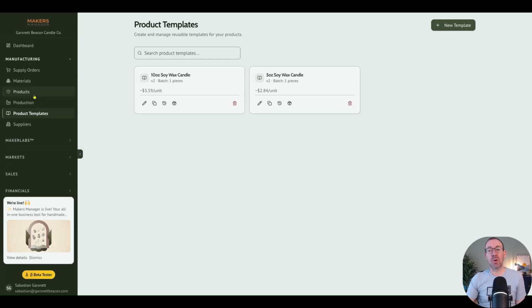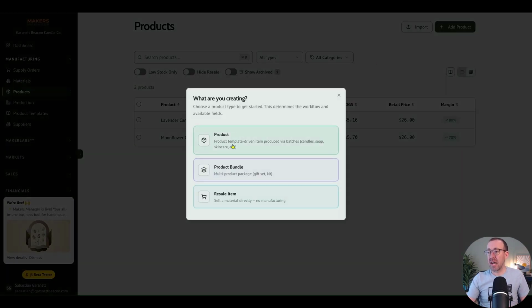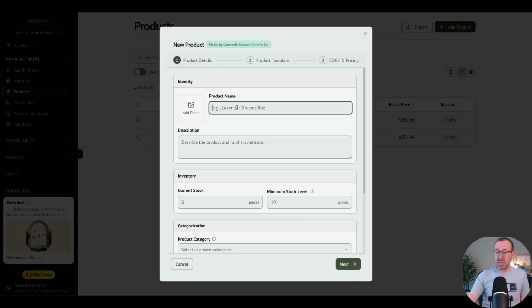Now, if I need to go and make a bunch of different candle products, let's just go back into products here. And I am going to create a new candle. So one of the candles that I like is a lemon pound cake candle. If you don't know how to build out products yet, you can go and check out the video on products, but I'm going to show you here as well. Click on the product. I am going to do lemon pound cake